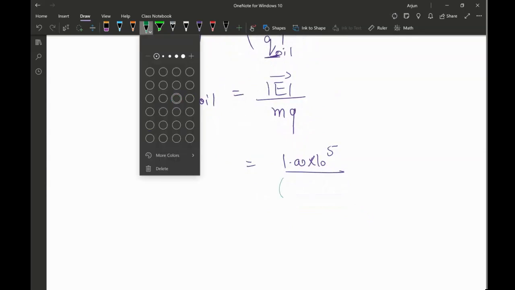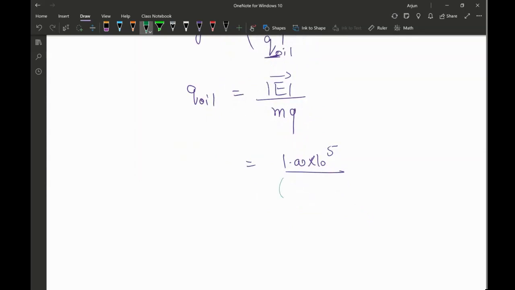The mass value is 8.2 times 10 raised to the power negative 15 multiplied by 9.81. Make sure you put them in brackets, otherwise your answer can be wrong. So the charge on the oil droplet will come out to be